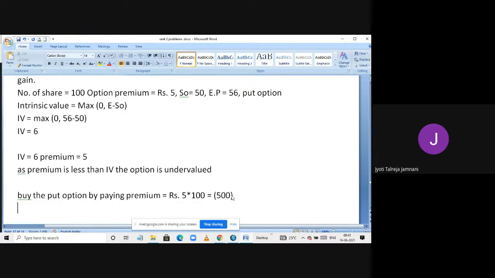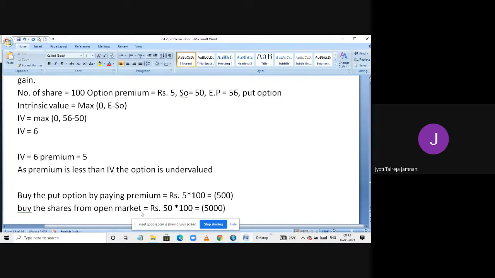Now, if you have the put option, that means you have the right to sell. So you can sell the shares in the option contract. But before you sell the shares, you need to have them with you. You need to buy the shares from the open market and then sell them, because you just entered into a contract. We don't have that company's shares with us. So first I will buy the shares from the open market so that I can sell them in the option. So open market means I have to take S naught, and the value of S naught is 50 rupees. So you invest 50 rupees per share into 100, which is equal to 5,000 rupees to buy the shares.